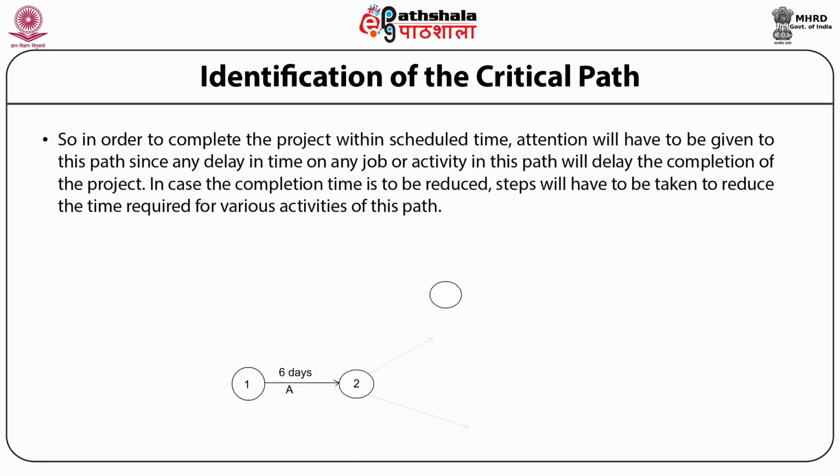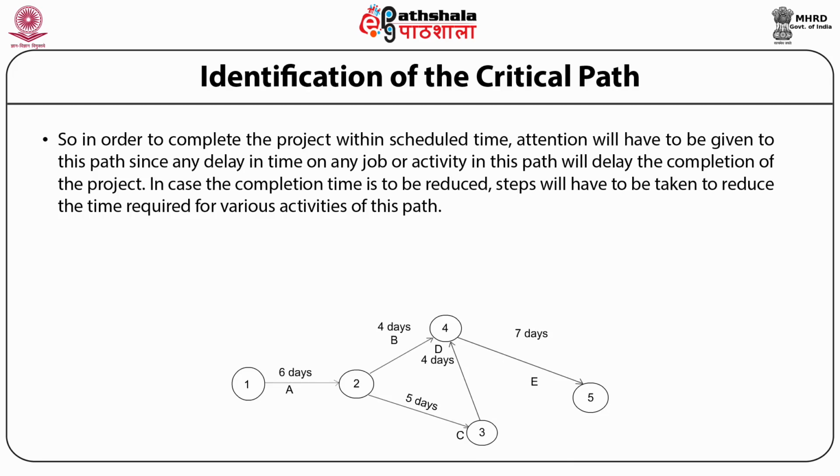So, in order to complete the project within stipulated time, attention will have to be given to this path, since any delay in time on any job or activity in this path will delay the completion